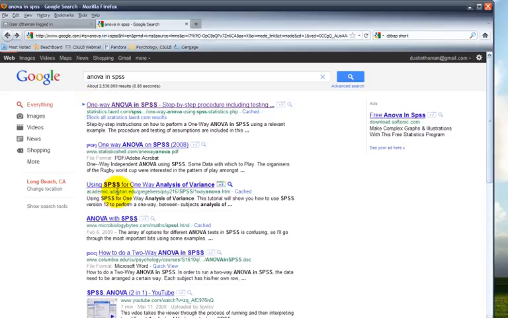For example, universityofdayton.edu has produced this file. I would trust that one considerably more than a Wikipedia or some other site. A site such as columbia.edu is likely going to provide accurate information. Although the information may not always be provided in the most up-to-date format for SPSS, you might also type in